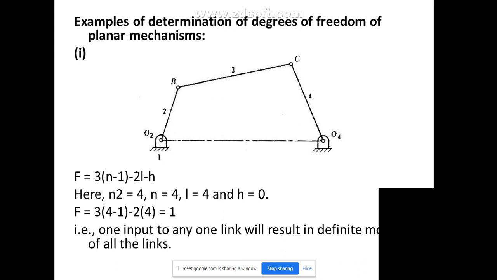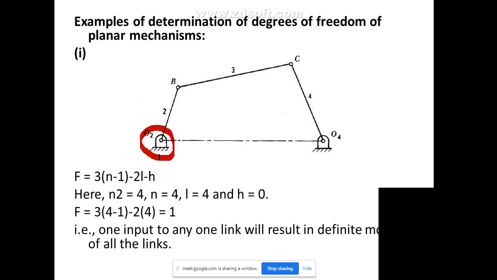If no link is fixed, meaning you don't give some motion restriction, then it will not oscillate. If all links are completely free, how will it rotate? If you take any one link as completely fixed, then the other links can oscillate. In this 4-bar mechanism, there is a hinge here, and at this point you are making it completely fixed, so you give it as link number 1.